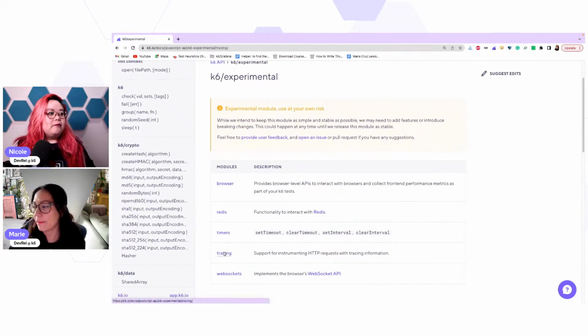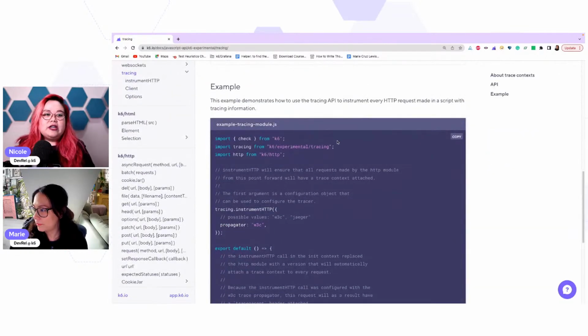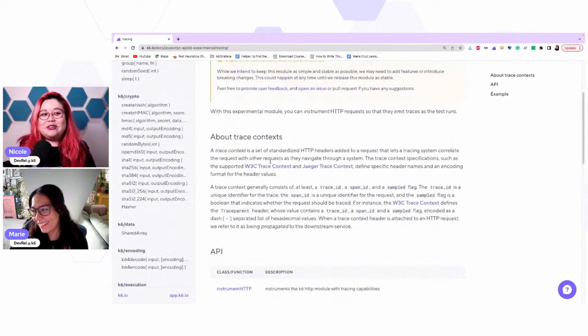So you just have to import tracing from k6/experimental/tracing, and you are going to be able to use it to instrument your HTTP requests, and then be able to see where those requests go on your tracing backend, something like Tempo. So this is a really cool way of starting it from the load testing tool itself. And then one of the other experimental modules is